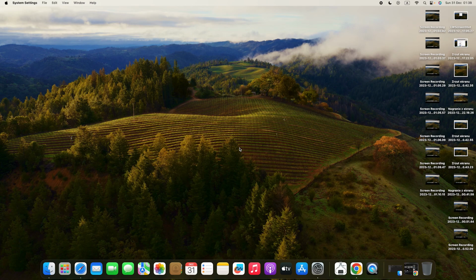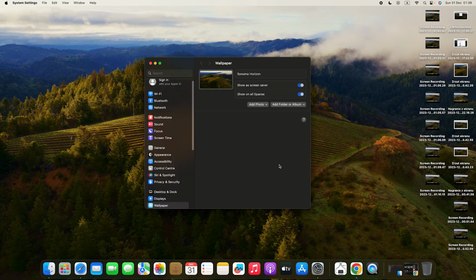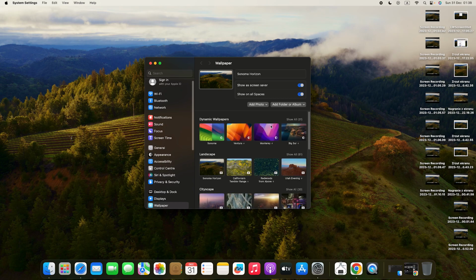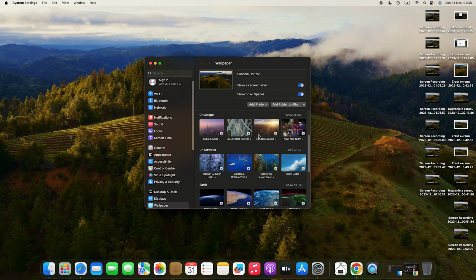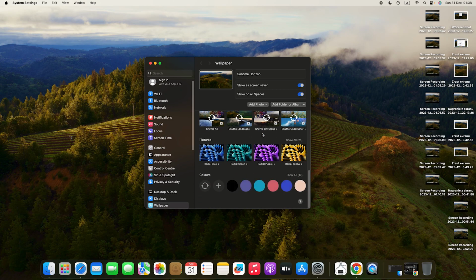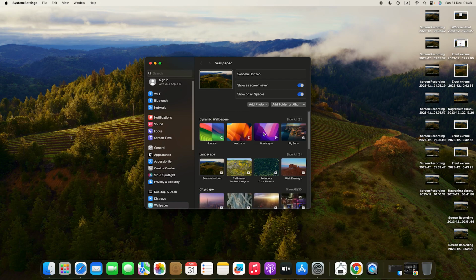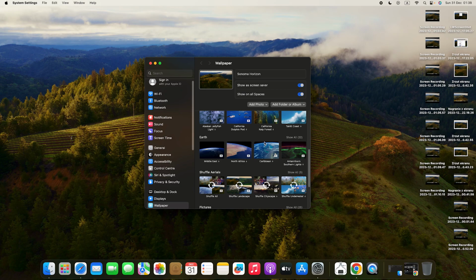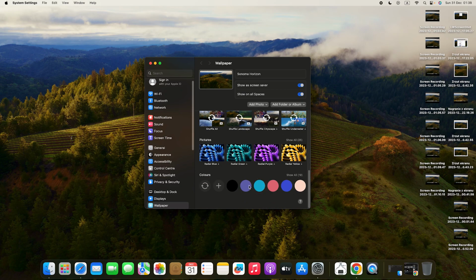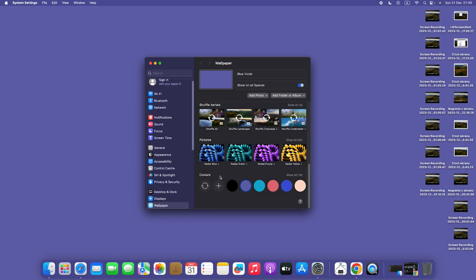Wait a while and the Settings application will be opened, and here you will see the gallery of standard pre-installed wallpapers, and here you can choose different types of wallpapers: dynamic, static, video wallpapers, and others. You can even choose just a solid color